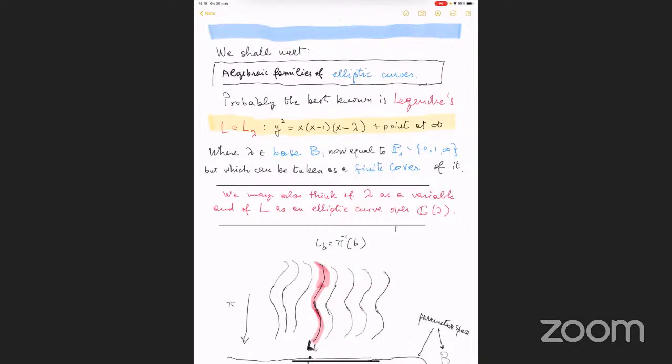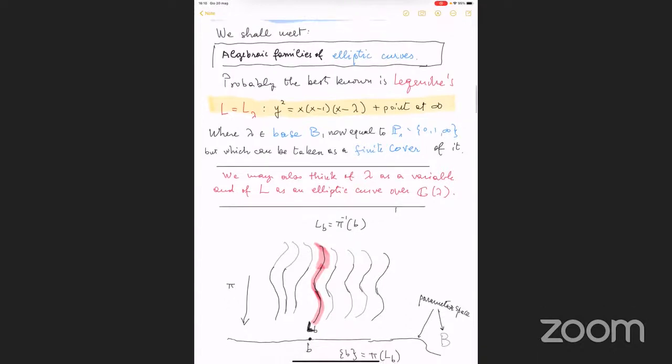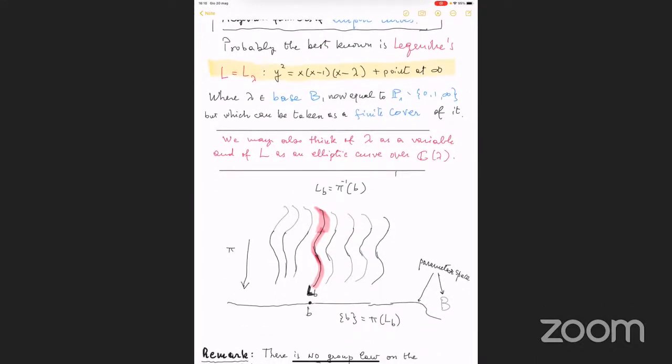So to allow that certain algebraic functions are well defined. Everything will be easy, and I will show an example. So we may also think of another viewpoint to see this Legendre's family. One may view lambda as being a variable, and then the equation defines an elliptic curve over the field of